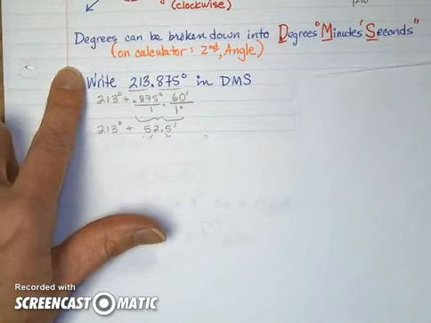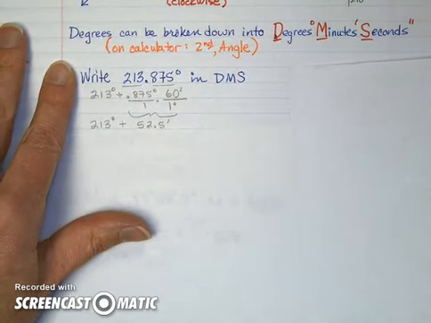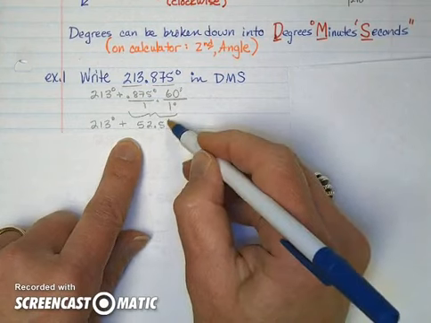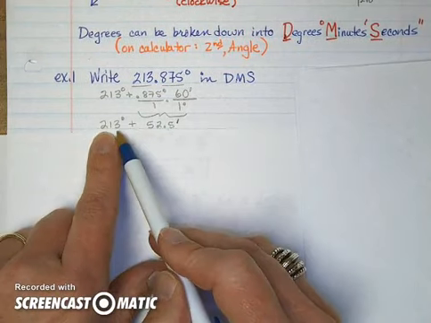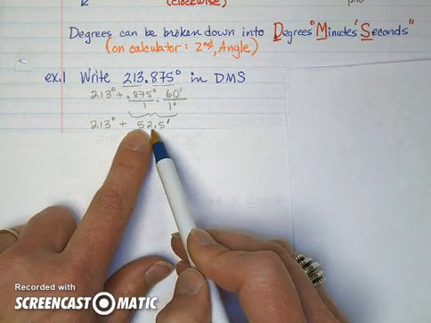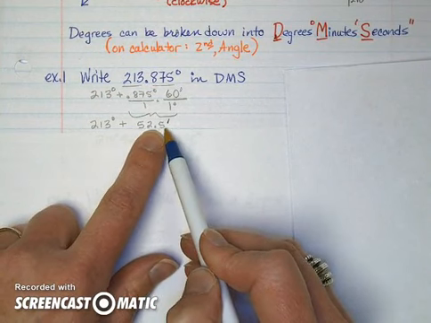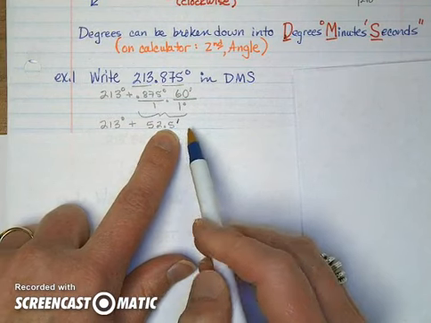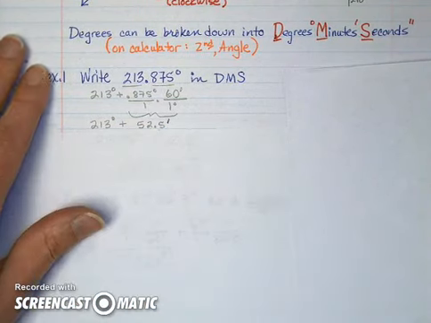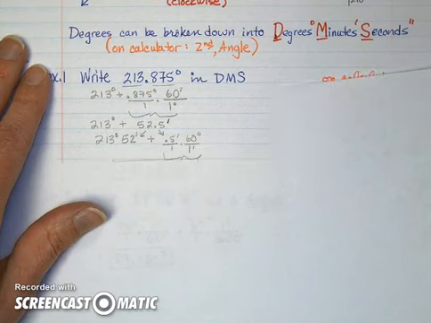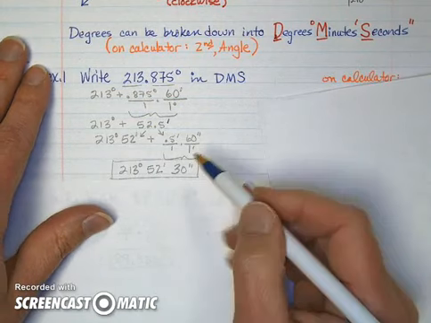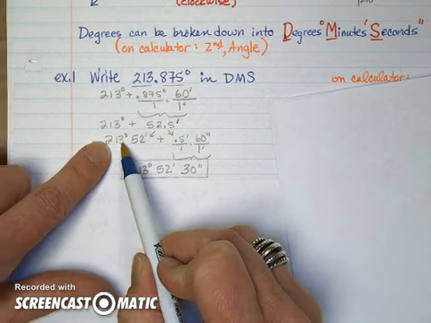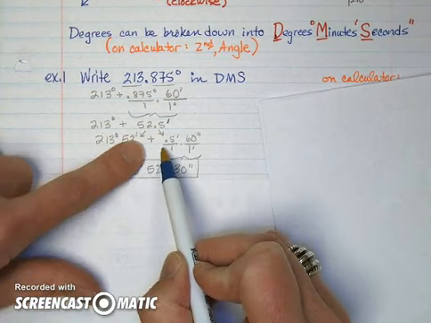We add that, which gives us 52.5 minutes. All right, so now we have 213 degrees, we have 52 minutes, and I've got 0.5 of a minute. Well, I hope you know that half a minute would be 30 seconds, but I want to show you how to do that mathematically. So if you have 213 degrees, 52 minutes, and again we're going to do a little